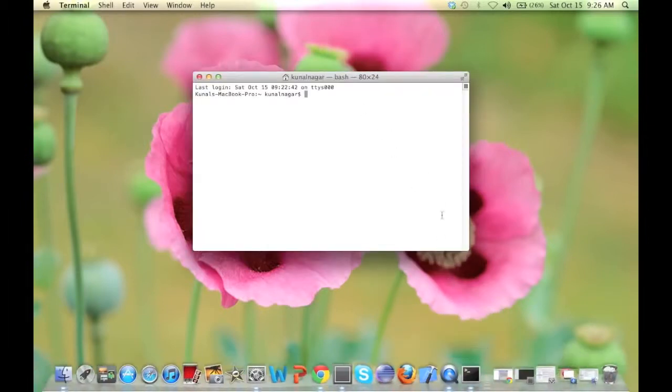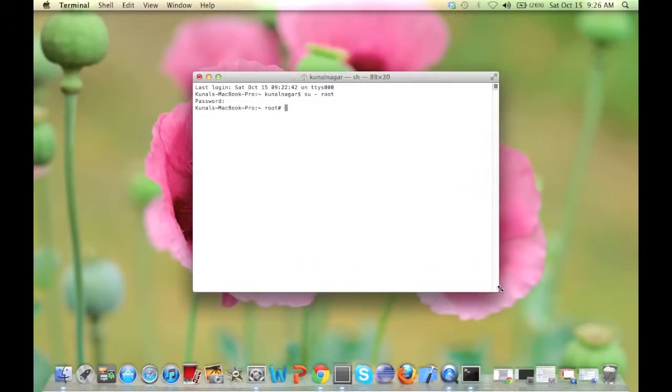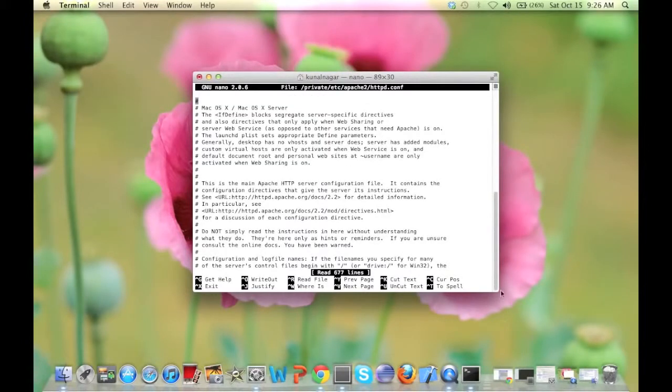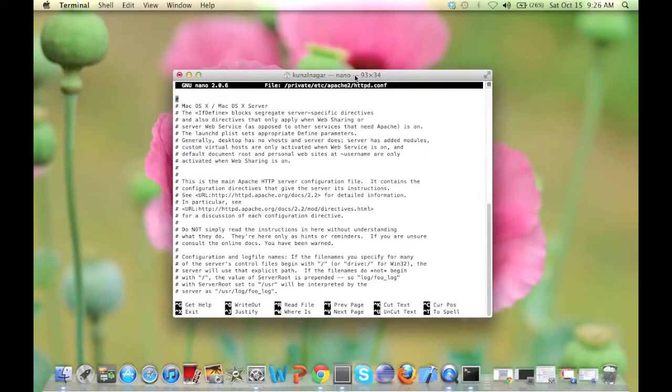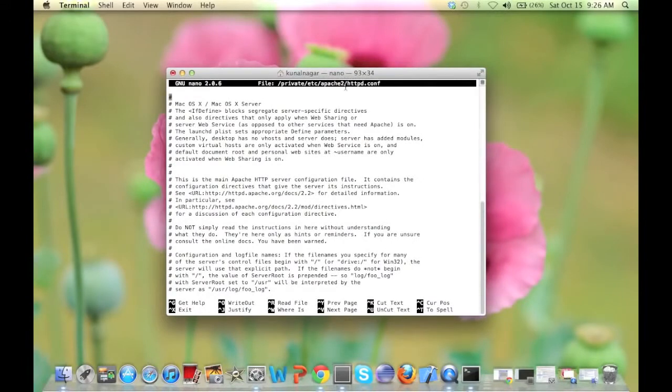So first of all, you need to open your terminal and switch to the root user. Now that we have switched to the root user, we need to edit the httpd.conf file. So we need to do sudo nano /private/etc/apache2, and there is this file, httpd.conf. Now we are in the nano editor, and we need to search for a line by the name